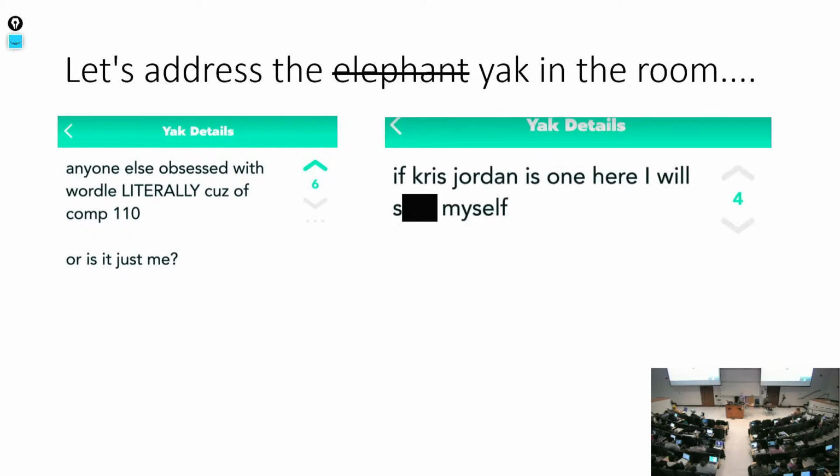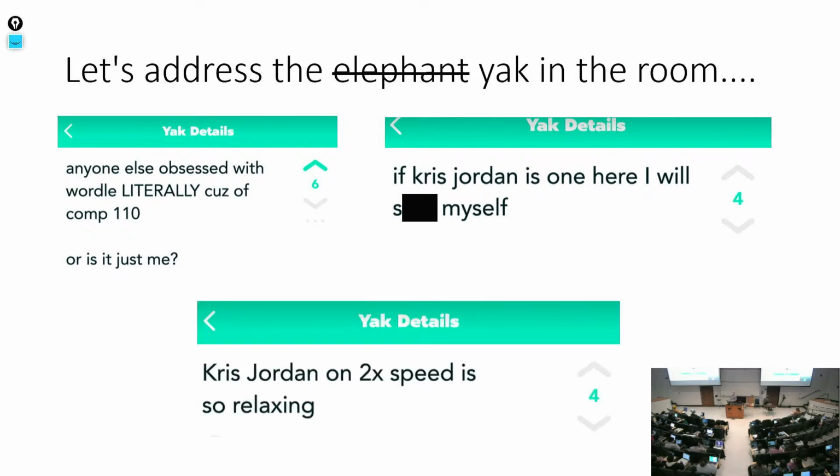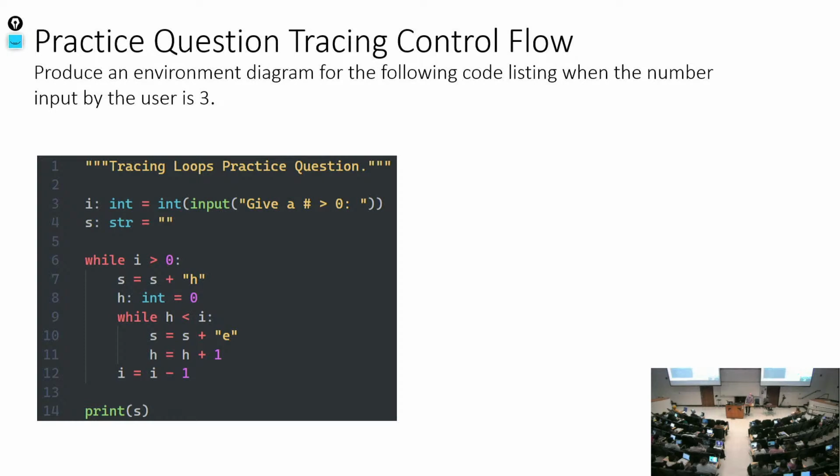And to the person who said they would smile themselves if I was on Yik Yak, I just want to let you know you don't have to, because I'm an Android user. I don't actually have access to Yik Yak, sadly. But occasionally things get shared with me, which I do enjoy. And so what I want to say is that in a case like this, I'm all for speeding through videos if it works for you, but be sure that you're not getting less comprehension out of moving too quickly through content. But I'm not actually on Yik Yak because it hasn't come back to Android yet.